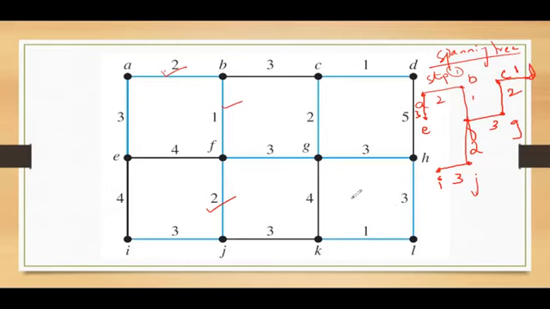So now let's check this side of the graph. After CD, we need to add the vertex H. So we can either take DH or we can take GH. Among these two, which one is the smallest? Obviously GH. So this is 3. And then finally, we have to add the vertices K and L. H is connected to L by this edge. So H is connected to L. So here.